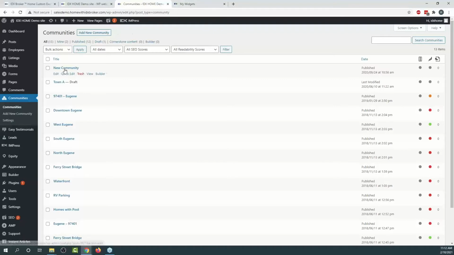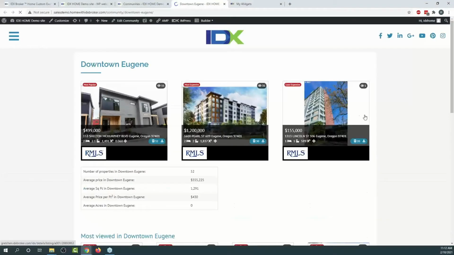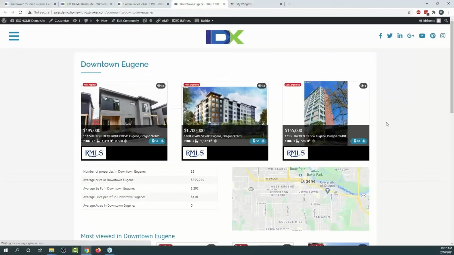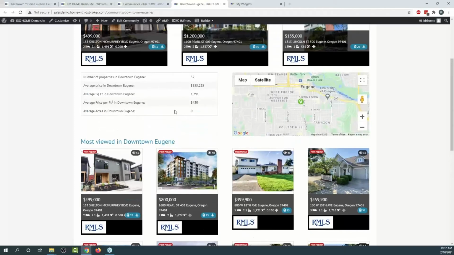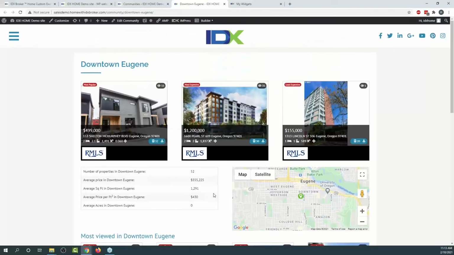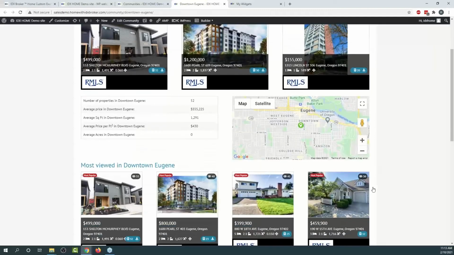What these communities are, are predefined or pre-built pages that are powered by IDX Broker saved links. So let's take a look at one of our communities here as an example. In our downtown Eugene example, we've got a saved link that's powering this page. This is all by default. You don't have to add widgets to the page. The only thing you need to do is create a saved link in IDX Broker, and it will pre-populate the